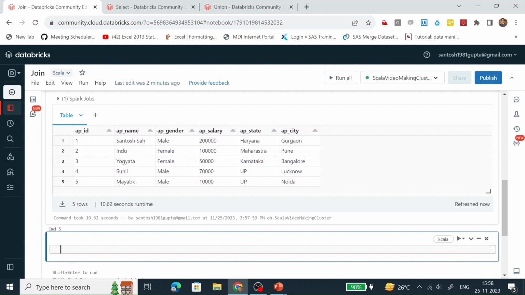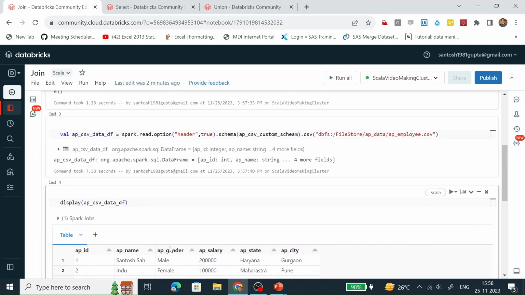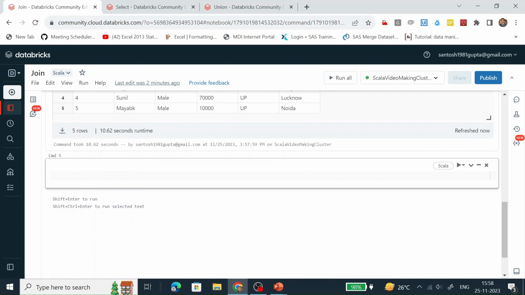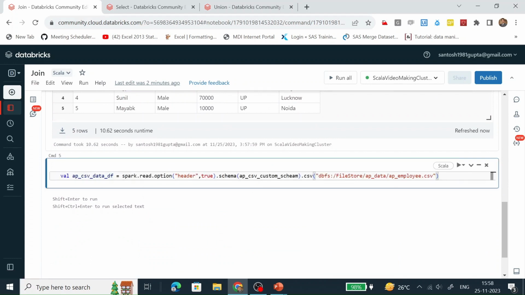Let's read another CSV file to create a data frame. So I'm just copying this code, pasting it here, and changing the name of the data frame.